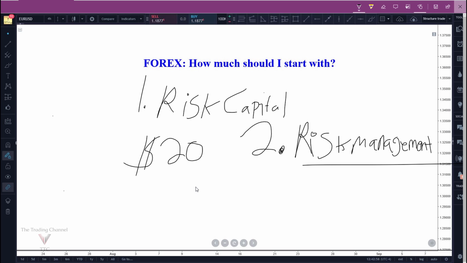So as I said, I risk a maximum of 2% of my total account value per trade. If that's the case, and I open an account with $20 and I'm risking 2%, then what does that mean? That means that I'm looking at a 40-cent risk per trade. And that, guys, is just not going to grow. Not only is that not going to grow, that's not going to give you any kind of stimulation emotionally when you win and lose trades.